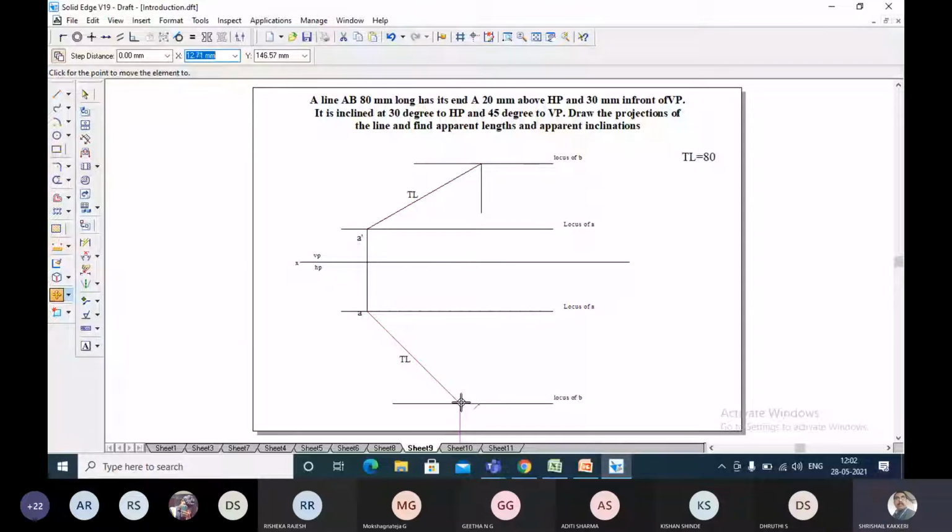Whether they are coinciding? No. So definitely the distance between the end projectors is not the same for the true lengths. Only for the apparent lengths it will be the same.